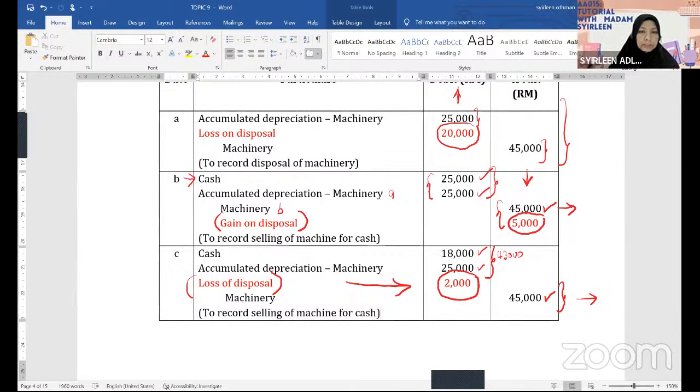Okay, so maksudnya machinery ni ada di sebelah debit dan ada di sebelah credit. So yang didebitkan tu ialah the new machine. The one that is credited is the old machine. That is, that's been traded. Okay. So now